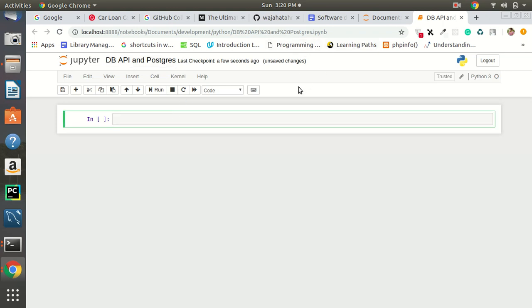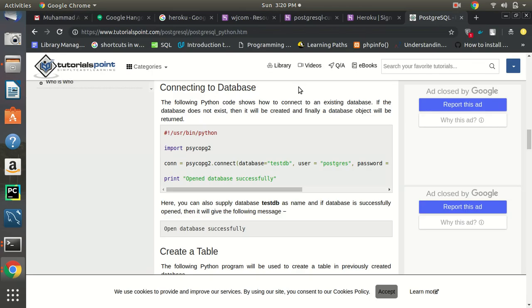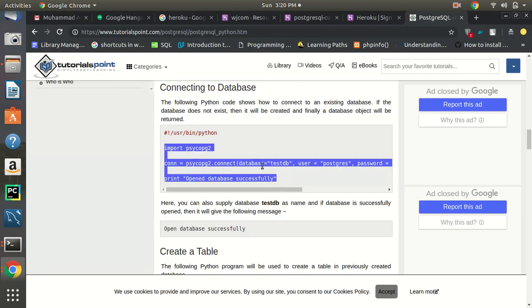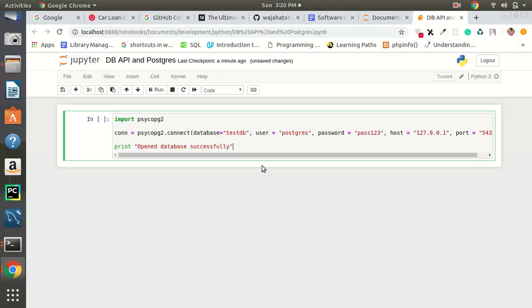Let me copy the code from Tutorials Point. Sorry. Copy, paste right over here. Python 3 uses these parentheses. Okay,